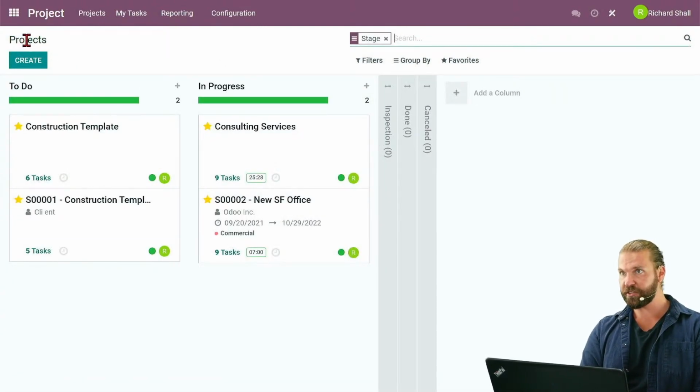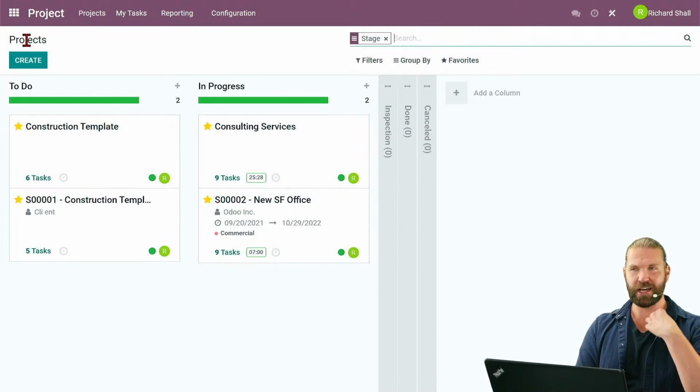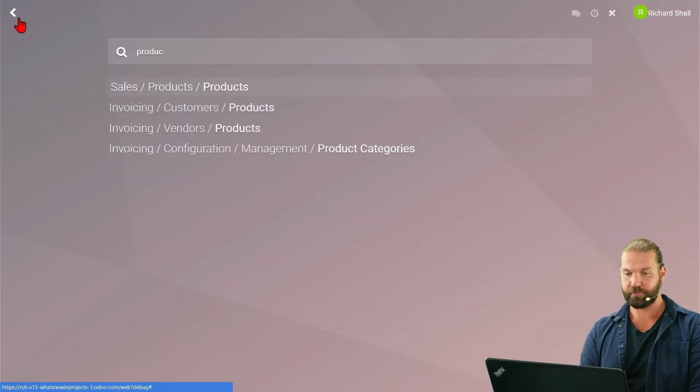So that's a feature that existed in version 13. So it's not new in version 14, but it's also not new in version 15. So nothing really changes there. So now if I go to my products,